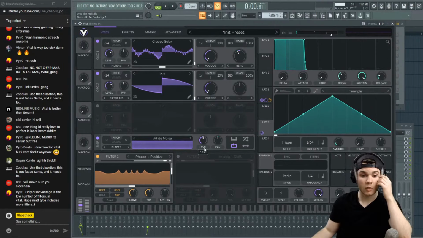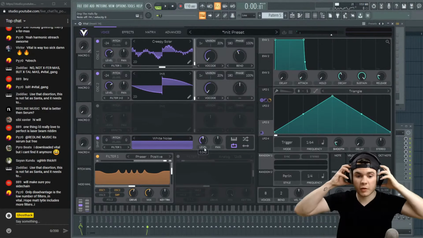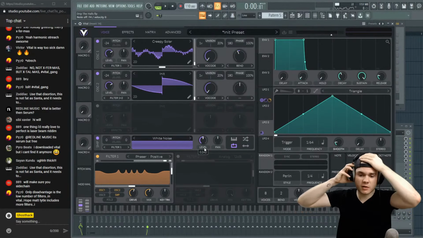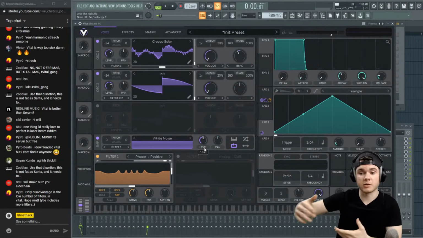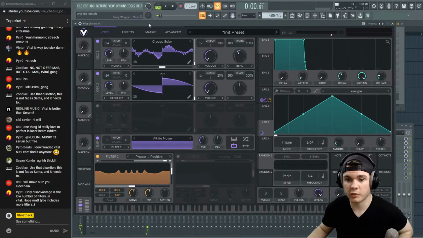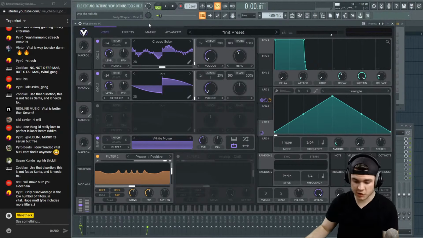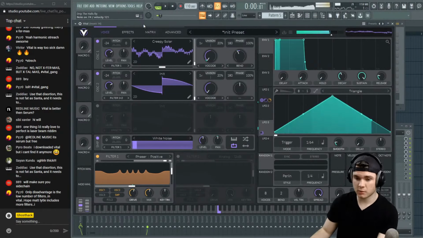That's a nice layer. Only disadvantage is a low number of filters in Vital. Yeah, the filters in Vital are lacking, in my opinion, as opposed to Serum. I think Serum does have better filters. That's just my 2 cents as far as comparing those. But